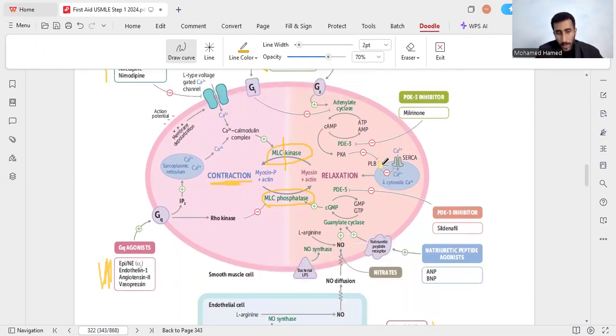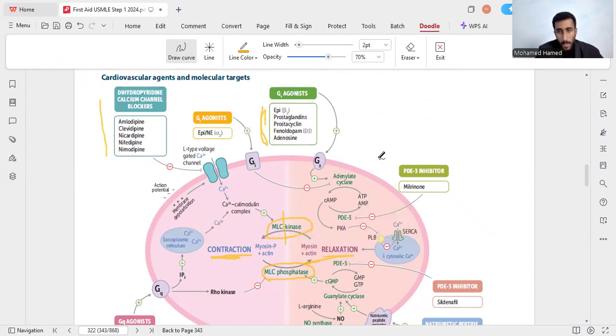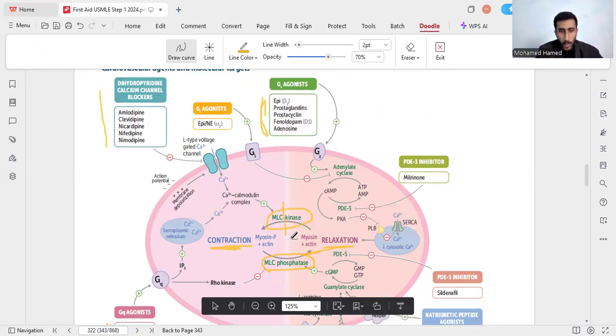They will trap calcium, so they will cause relaxation. So they will trap calcium at the end. There are a lot of inhibitory steps, don't memorize them, but it will cause relaxation. But at the end, you have to know the core of the drawing and keep the groups in your mind: every kind of drug,